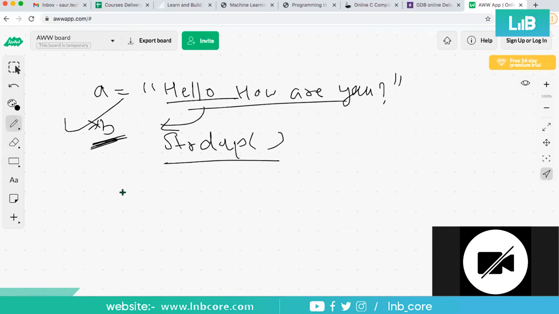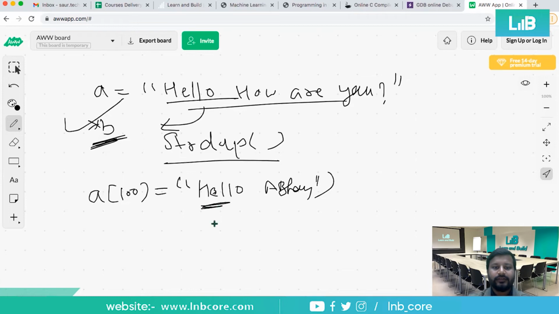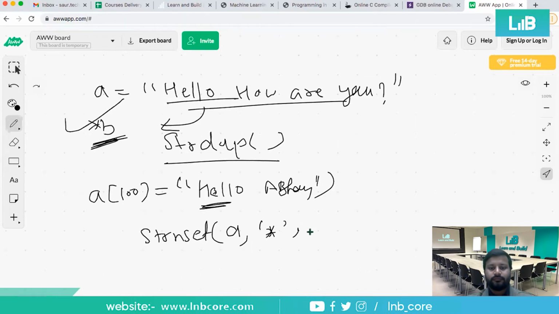So as we wrote, suppose we have string A of 100 is equal to hello Abhay, and I want to change these three letters to star. So strnset will take your input, then make stars of the starting three letters.